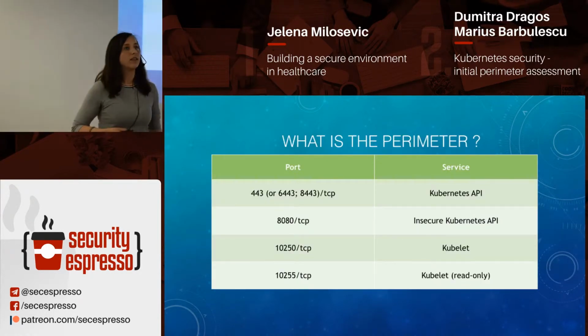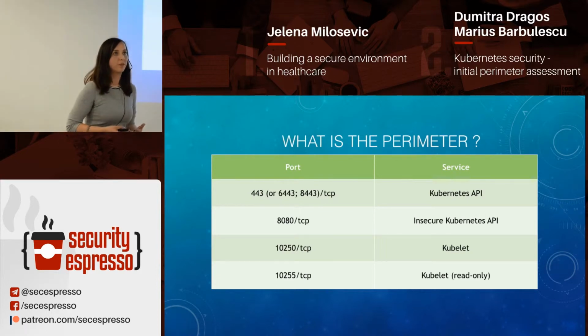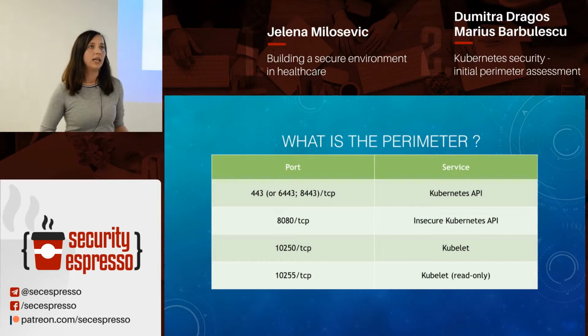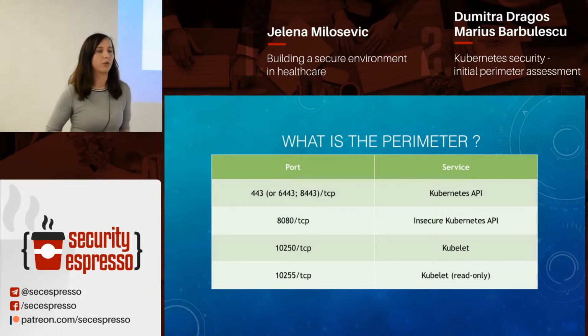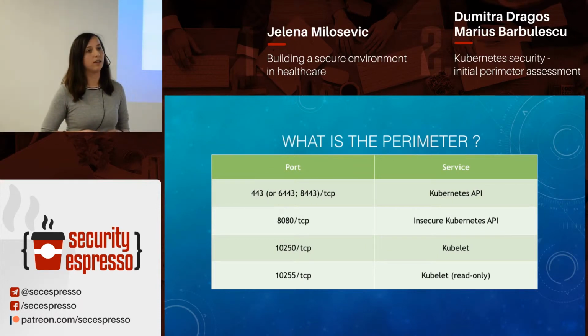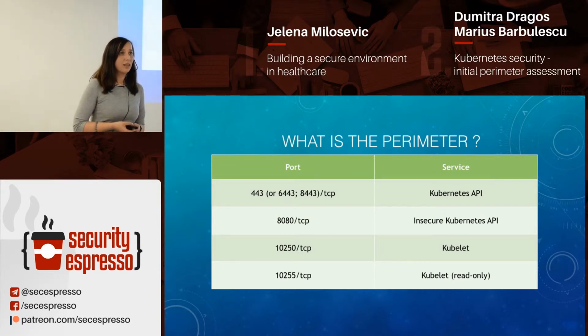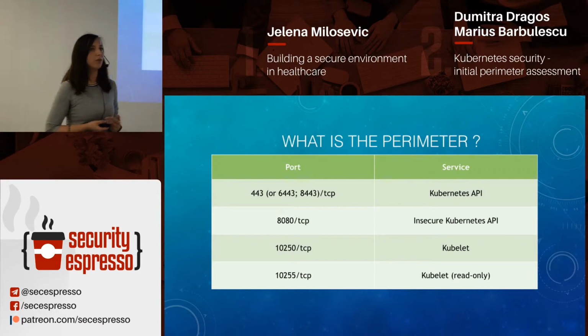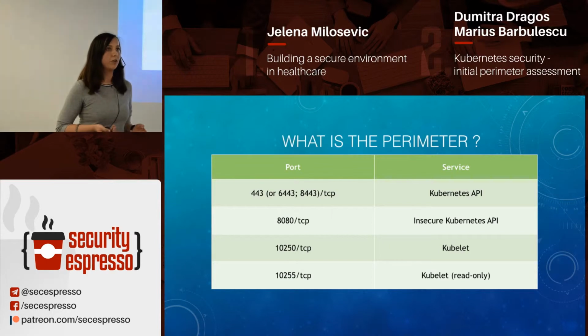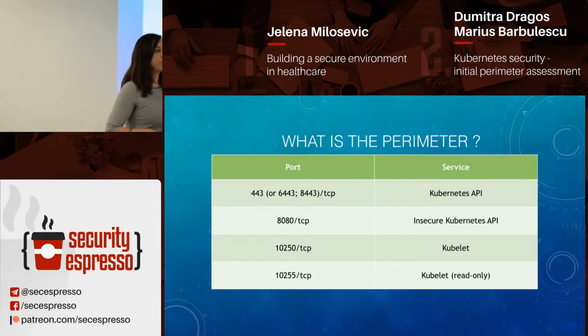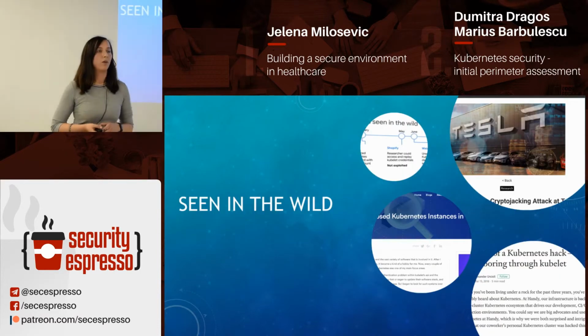So what is the Kubernetes perimeter? The external facing ports. I tried to scrape down all the ports that are connected to third-party software that you might add into a Kubernetes cluster, and we remained with these ones. 443 for the Kubernetes API. It can also use 6443 and 8443. In previous versions of Kubernetes, they also had 8080, the insecure version of the Kubernetes API. And we also have 10250 for the kubelet that allows you read and execute on the kubelet, and 10255 which allows you only read-only access. Now that we went through this scarce information about Kubernetes,